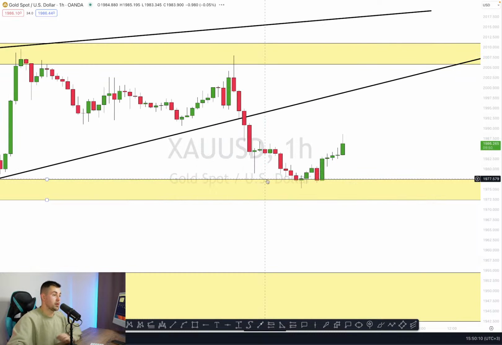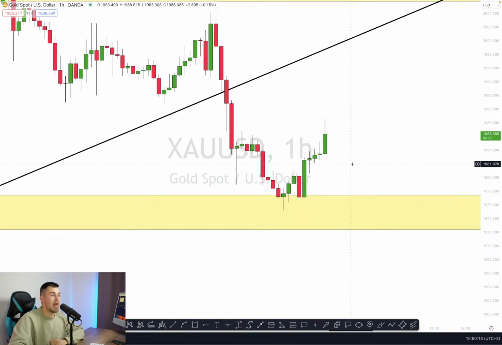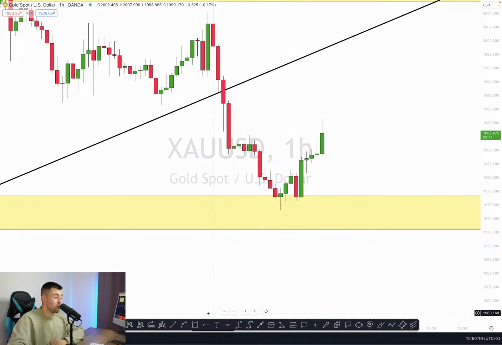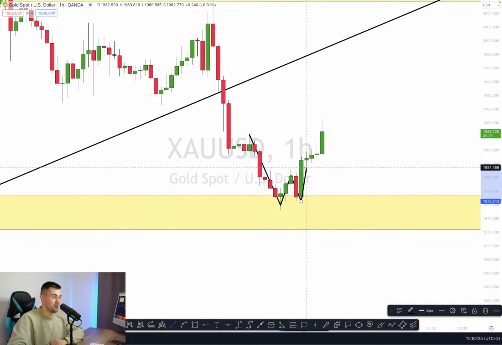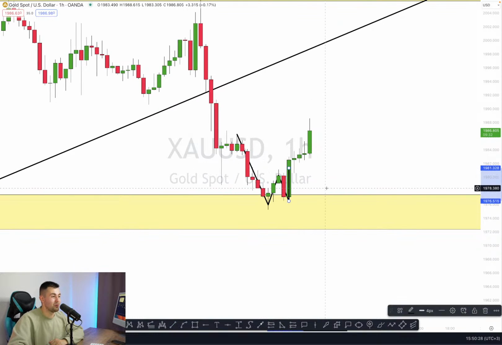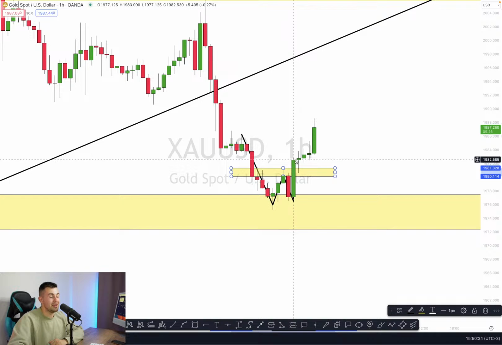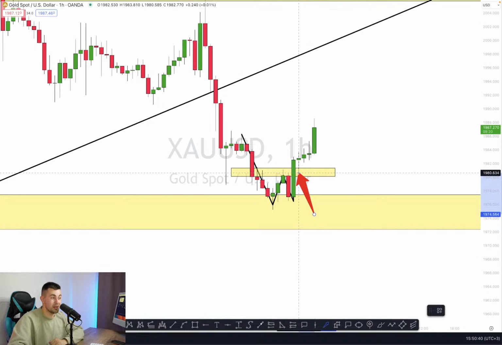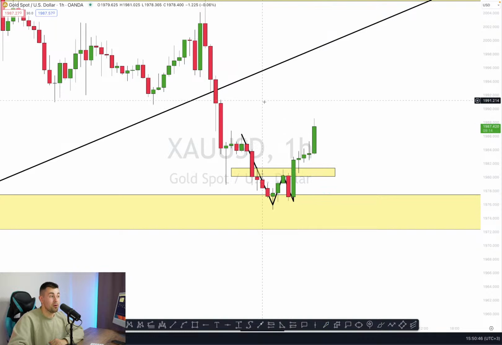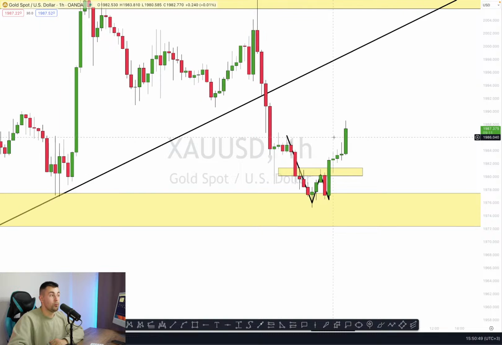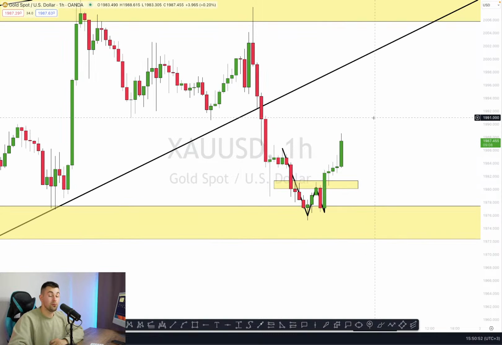Then on an hourly time frame, when I was preparing for a live stream, I prepared for you a very nice intraday bullish setup on gold. This bullish setup was based on that tiny double bottom formation right here. Do you see this cute double bottom that gold formed on an hourly? The price perfectly violated the neckline of the pattern, and after the neckline broke out, we saw the retest of that. The price perfectly retested the neckline. Now we see a very nice growth, and so far, watching how the market is growing, we can easily anticipate a further bullish continuation.